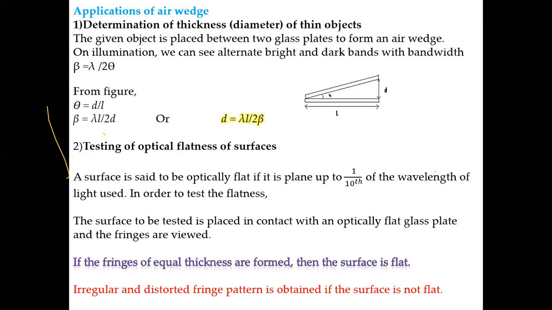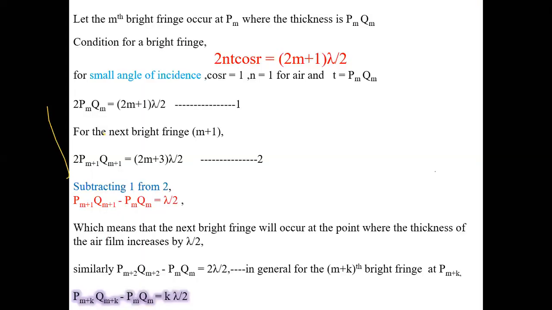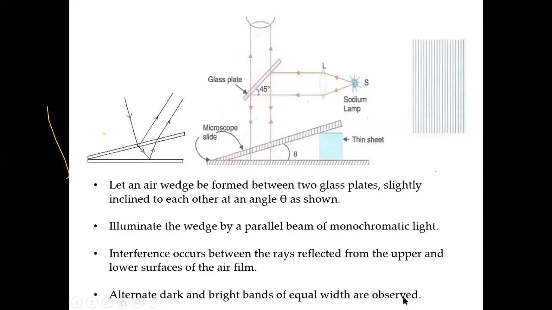So let's try to have a quick review. The aim was to derive an expression for the fringe width in an interference pattern produced at an air wedge. I considered one thin sheet of paper or a wire of very thin diameter between two optically flat glass plates. One end was clamped, the other end had the obstacle. So air entered the wedge shaped opening and formed an air film.